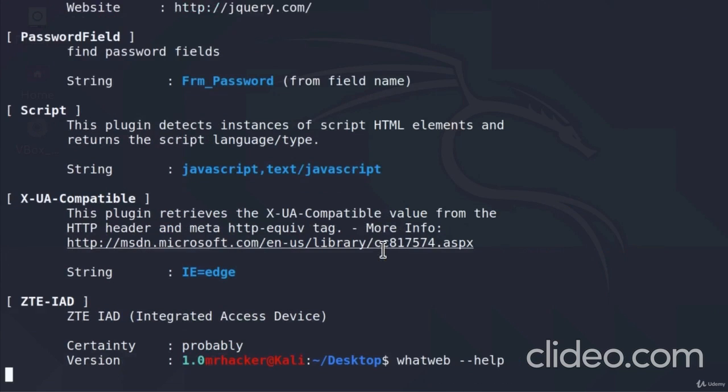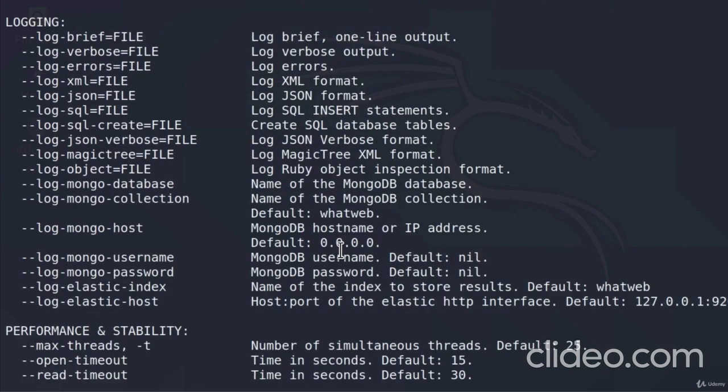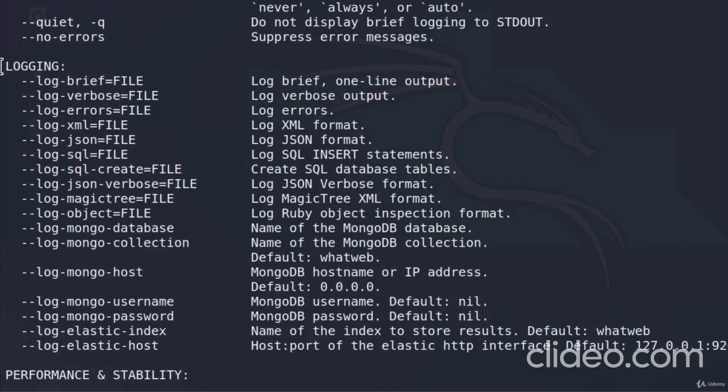--help and I go through this help menu once again, I will get to this part which is logging. And down here we can see that there are a bunch of options that we can use to log our file or to save our file. So let's just go with the first one. Or we can even use the second one, which is to log verbose output. To do that, we use this option right here and then equals and then the file name